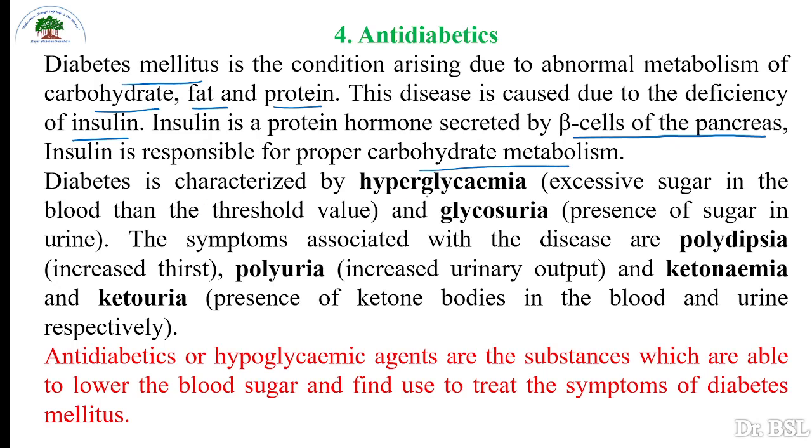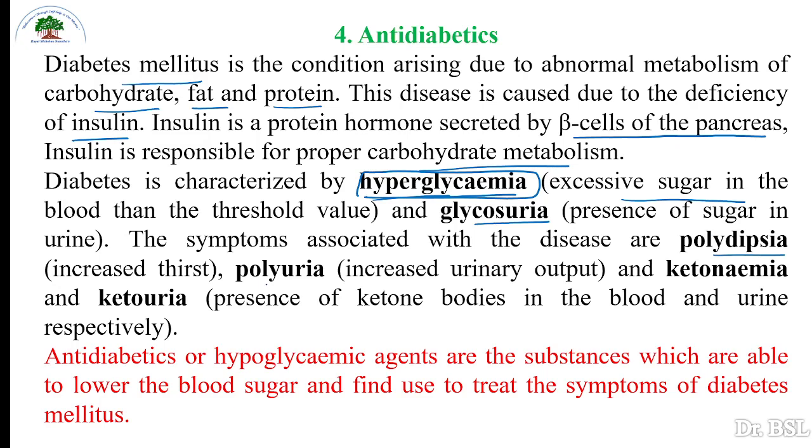Diabetes is characterized by hyperglycemia, not hypoglycemia. Hyper means more, excessive sugar in the blood than the threshold value, and glycosuria, presence of sugar in urine. The symptoms associated with the disease are